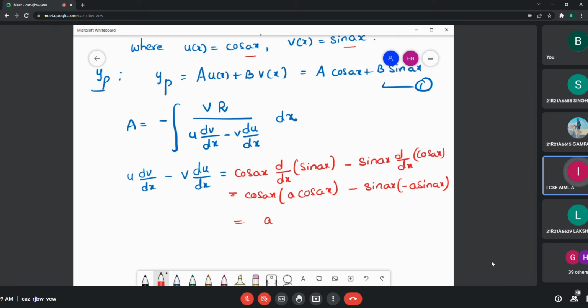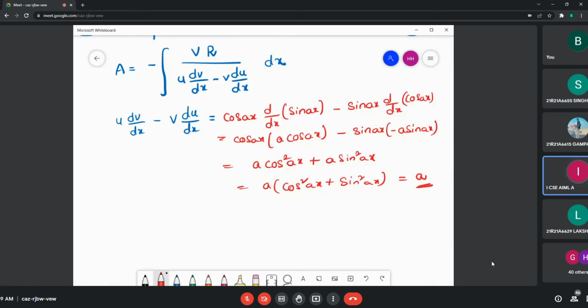So this is equal to a into cos square ax minus minus is plus a into sin square ax. So take a common, a into cos square ax plus sin square ax. So this value is 1, a into 1 is a, the value of the denominator. And now we have to substitute this value in A. So A is equal to